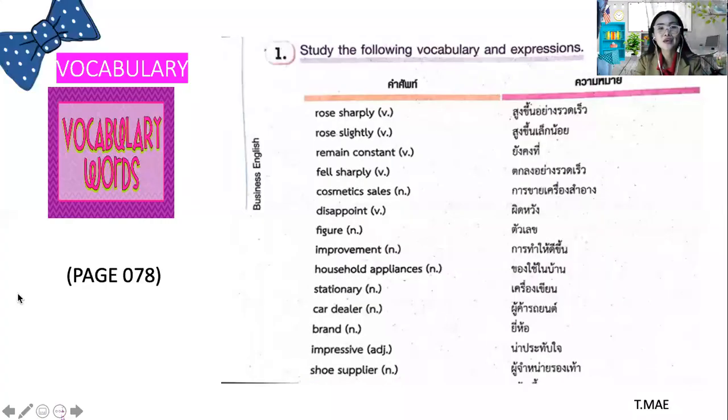Okay, now it's time to learn vocabulary. Are you ready? My students, are you ready? All right, so repeat after me. Study the following vocabulary and expressions. So you have here, rose sharply, rose sharply,